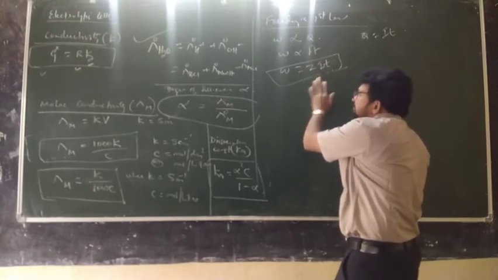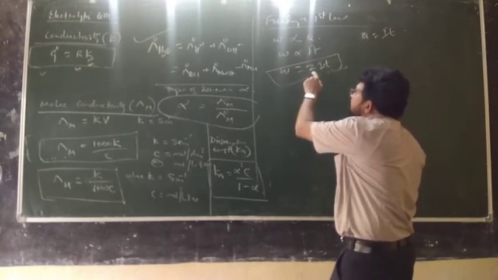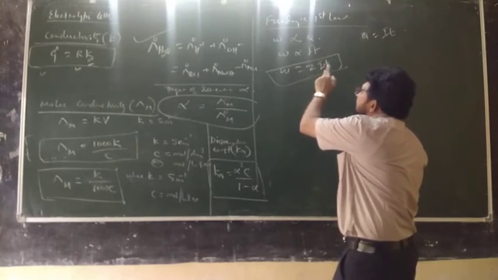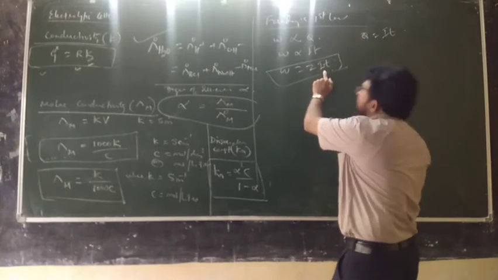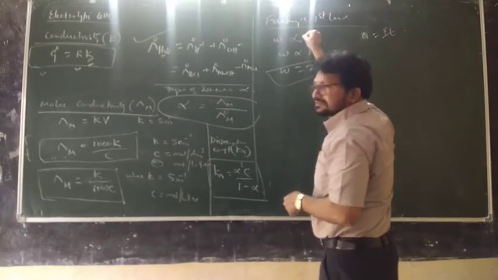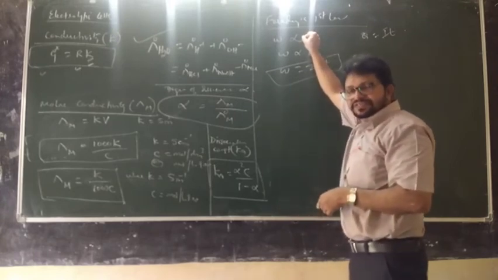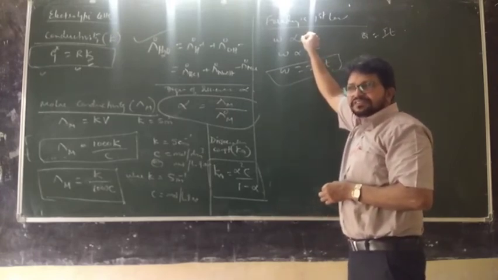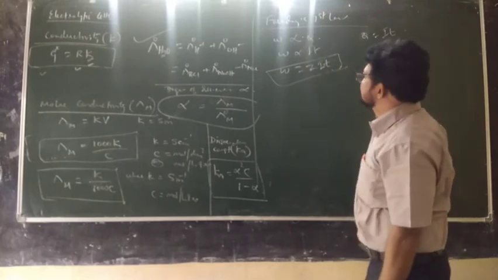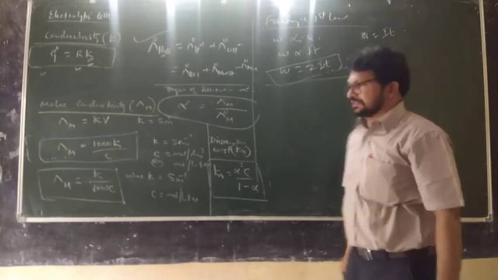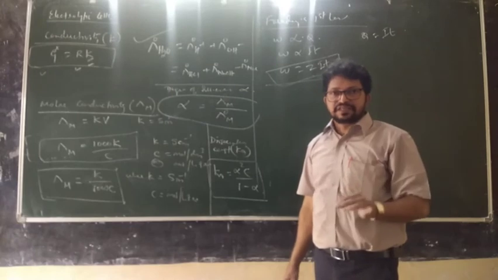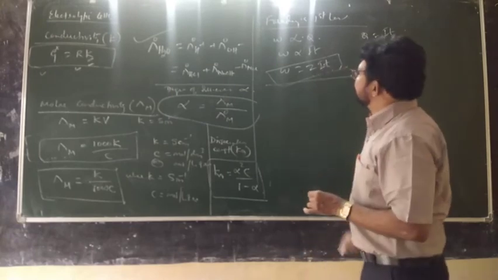What is the unit? Tell me. The unit of Z is gram per coulomb. W equals Z into Q, and Z into I into T is also the same. So Z is in gram per coulomb. That is the electrochemical equivalent constant. Now, Faraday's first law equates the mass of the substance with this formula.